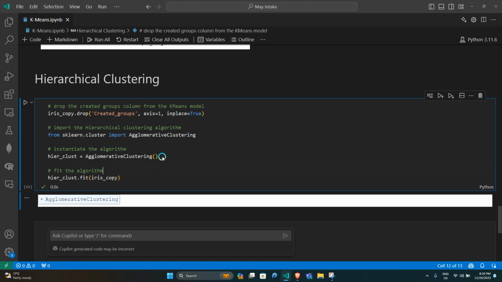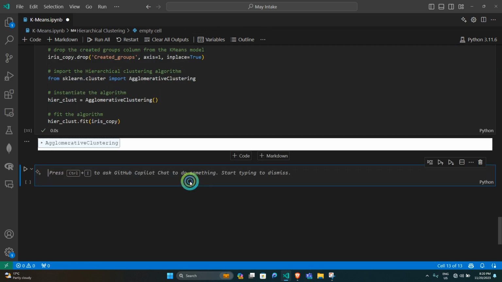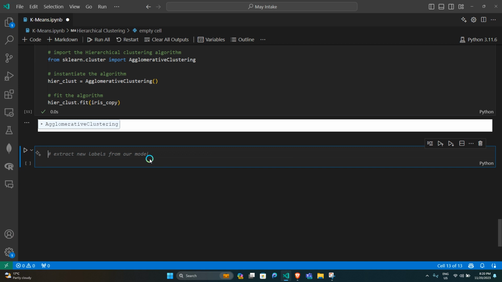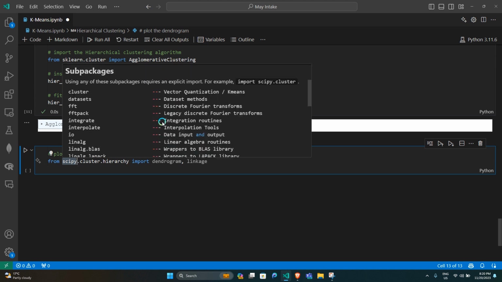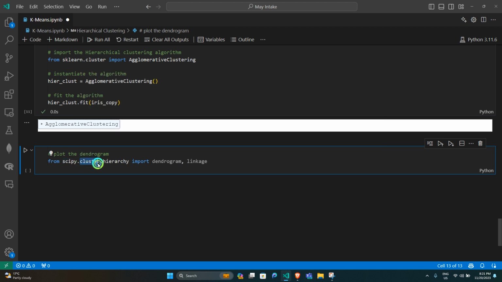Okay, so we can proceed. I'm going to do the plot. Here we are going to plot the dendrogram. First of all, we have to make some importations. Here we are going to use the SciPy library. The SciPy library is a scientific computation package for Python, and it's based on NumPy. The reason we're importing SciPy here is because we have to create something called